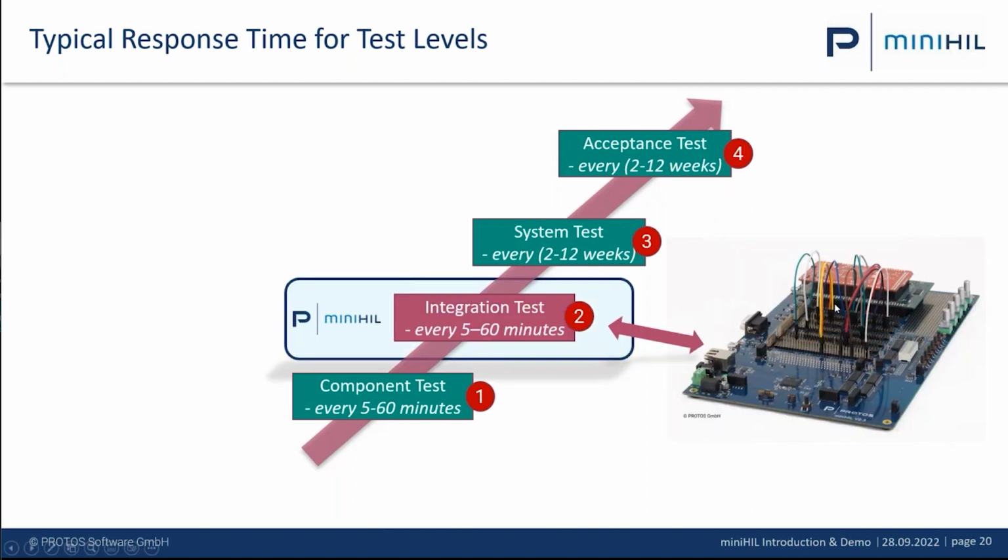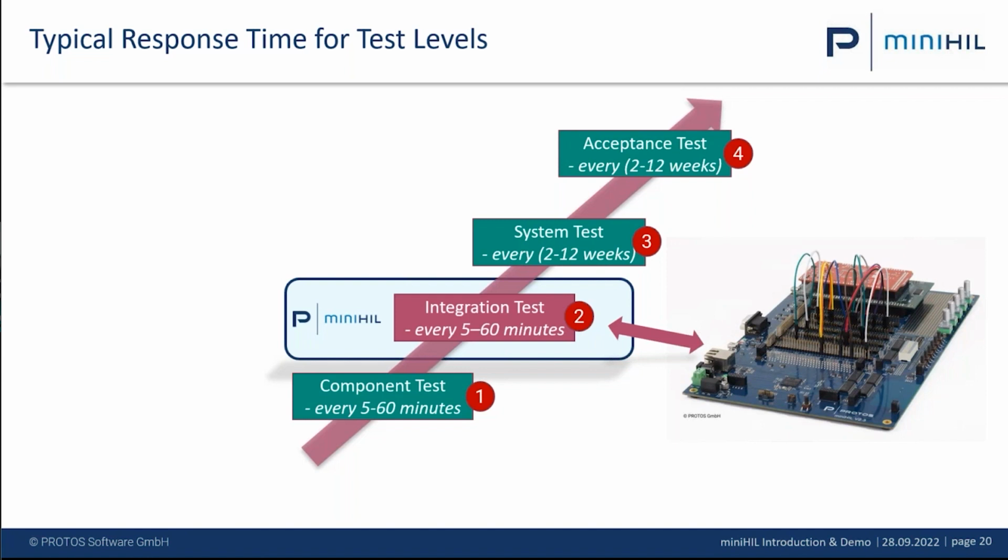So what we do is now we have the mini HIL here for the hardware-software integration test. Response time, a couple of minutes usually for a change, for a test. If tests are longer running, usually we divide them into a short running test, a couple of minutes, so that you get a very fast response. The longer running tests, like stress tests, performance tests, robustness tests, and so on, we can run once an hour or overnight or over the weekend or every 2 hours, something like that. The important thing is that you get fast feedback for an initial quality check within minutes,